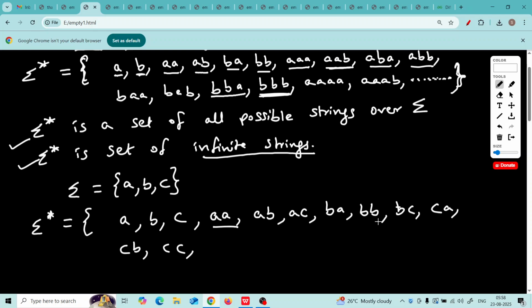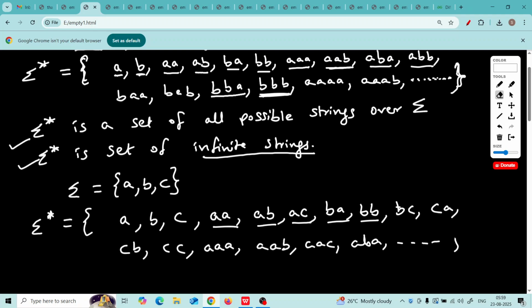All two-letter words we have taken. Then we can go for three-letter words AAA, AAB, AAC, ABA, and so on. You can't finish this. This is an infinite set which can be constructed using any letters A, B, C in any sequence, any number of times.